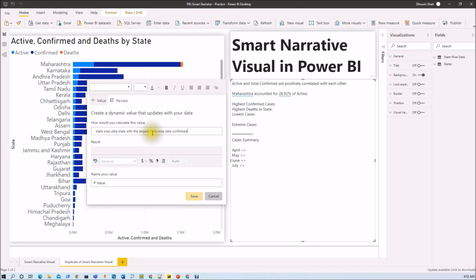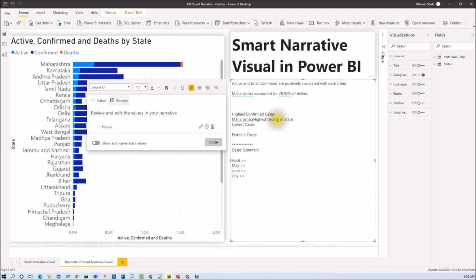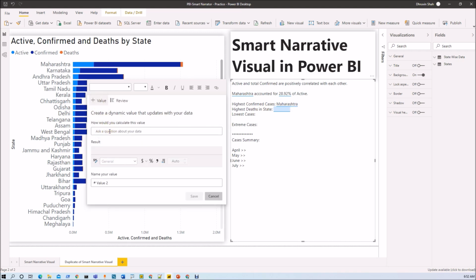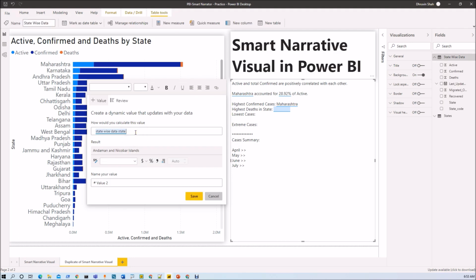So we can just add a question like state wise data state which has the largest state wise data confirmed, right? So it is showing Maharashtra over here, so we just need to save that. So I just added that value, right? Now highest death in the state, right? So we just need to click on plus over here, and add state wise data state